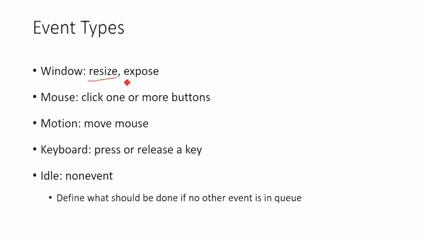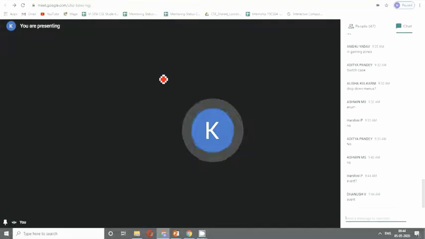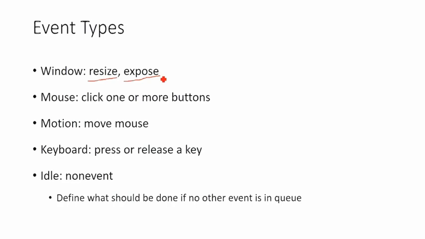You might expose the window, meaning to say, right now you see my browser is hidden, right? I can expose it by doing this. So right now my browser came forward. My OpenGL graphics window could have been hidden in the background. By bringing it to the front, that window might come forward. That is called exposing, right? So that might happen. That is also an event.